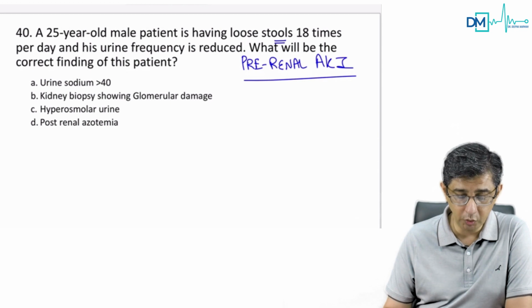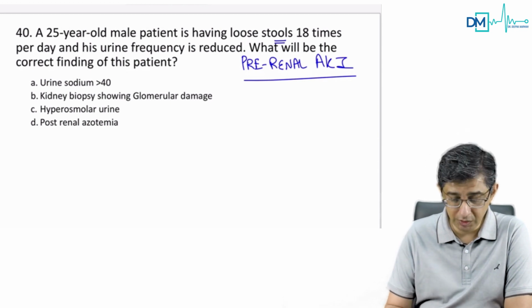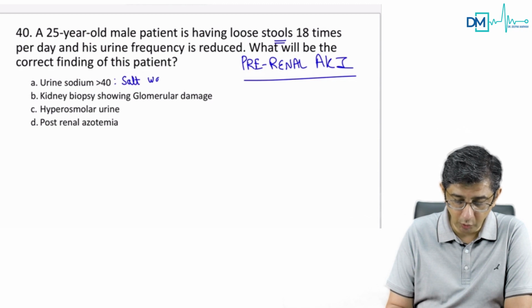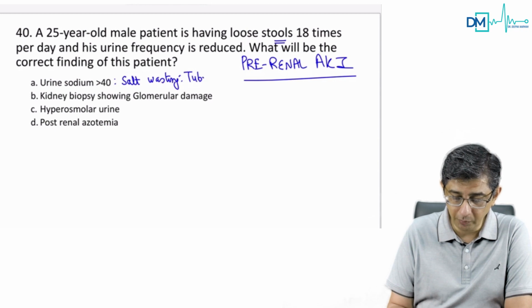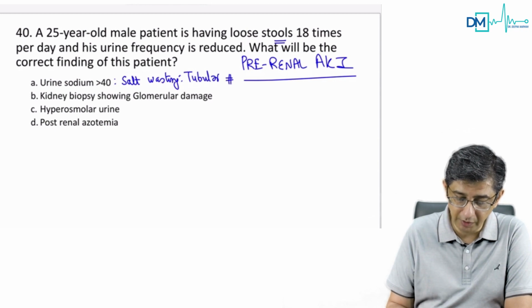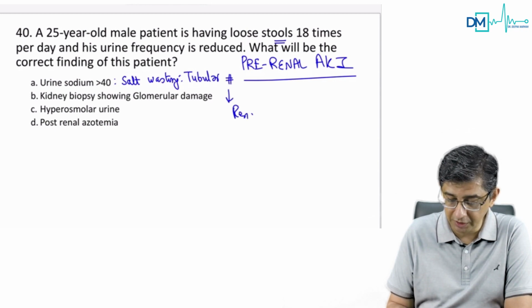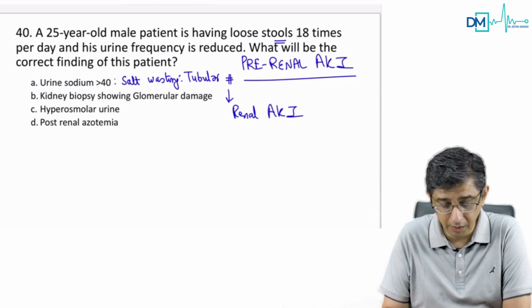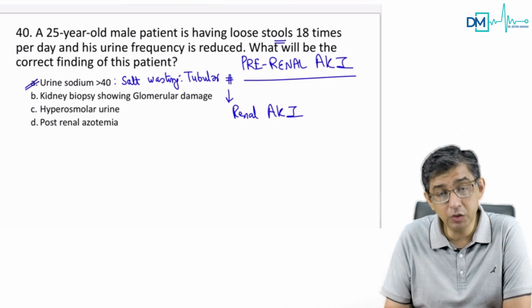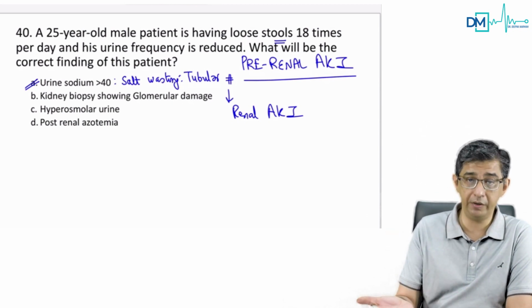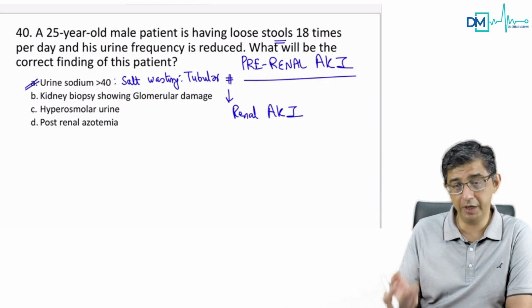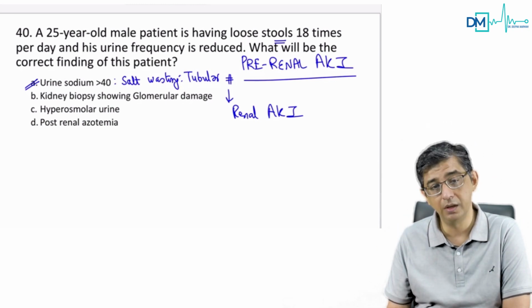If you look at option A, urinary sodium more than 40, this is a feature of salt wasting. If sodium is more in the urine, it means salt wasting. Salt wasting is a feature of damage to the tubular part of the kidney. When you have tubular damage to the kidney, it means a renal type of injury. I repeat that statement again. Option A is ruled out. Why? Because urinary sodium more than 40 is a feature of the renal variety of renal failure, like glomerulonephritis. But this chap has the pre-renal variety because blood supply to the kidney is lesser.